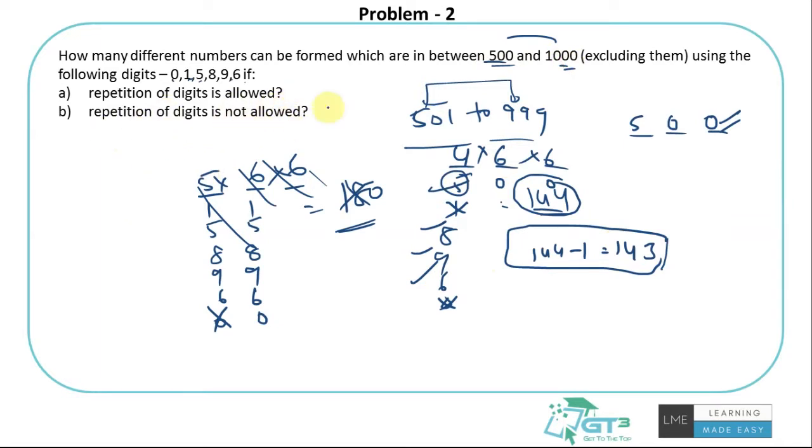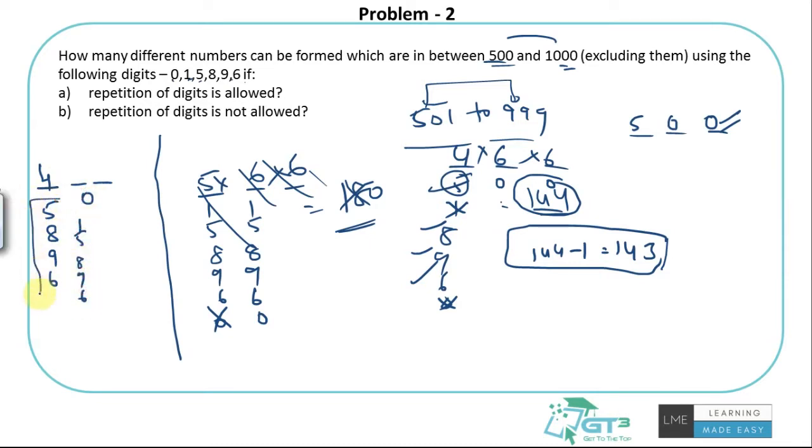If the repetition of digits is not allowed, okay, I'm not allowing you to repeat the digits. So 3 blanks. What are the options I have for this? 5, 8, 9 and 6, right? I can use one of these 4. What about here? I can use anything from 0, 1, 5, 8, 9, 6 other than what is already used in the first blank. So there are 6 digits. I've already used 1 here, so I have 5 options. And here I have used 1 digit here, 1 digit here. So I can use anything other than these 2. 6 minus 2 is 4 options. So the number of different numbers is 4 into 5 into 4, that is 80. So I can form 80 different numbers which are between 500 to 1000 where the digits are